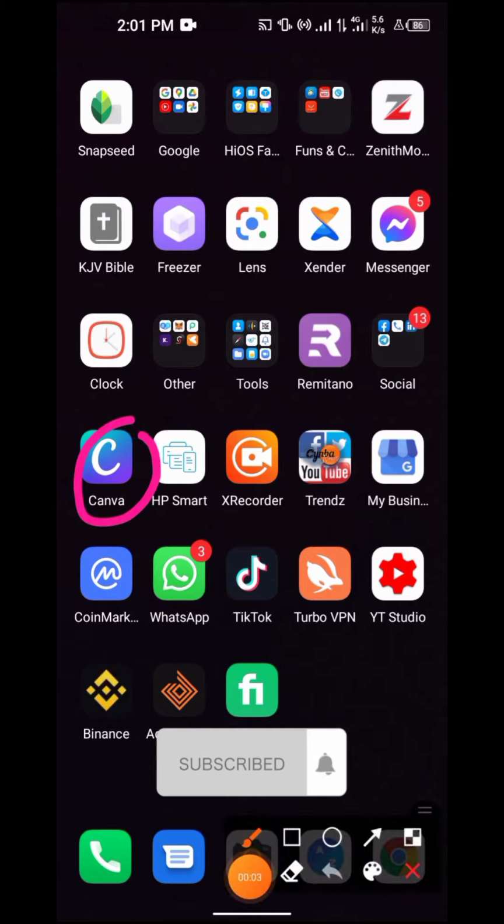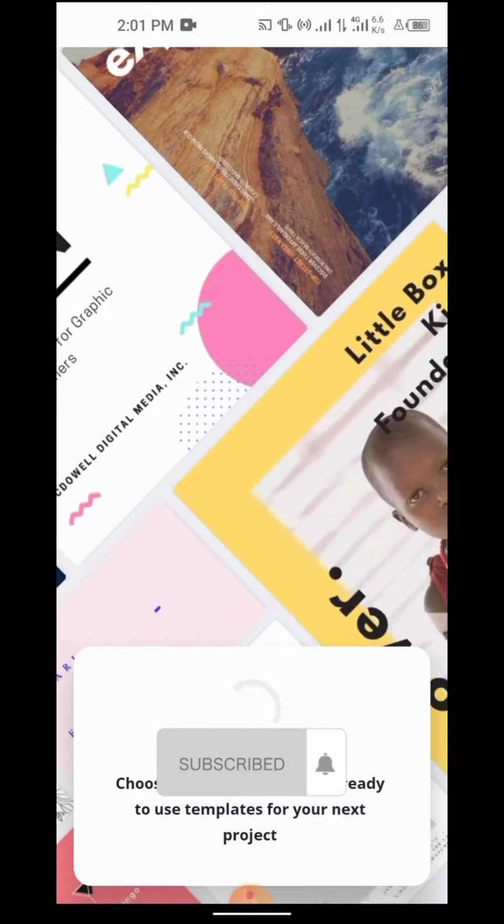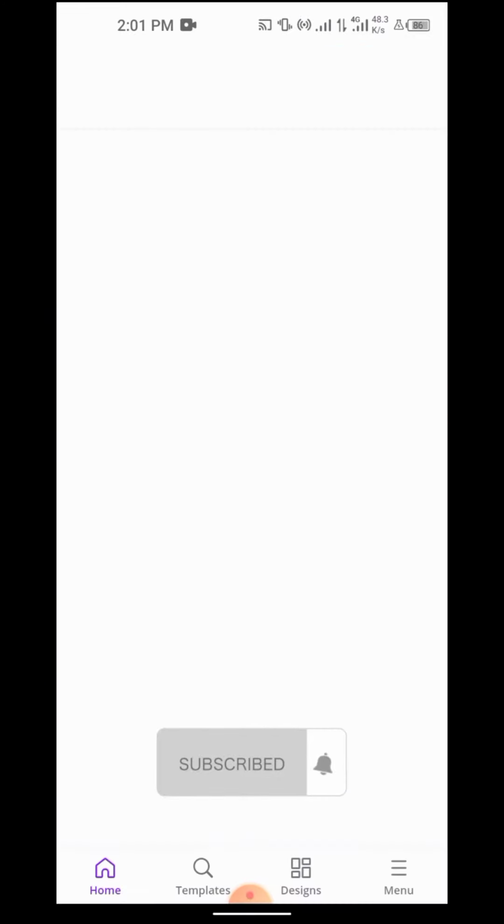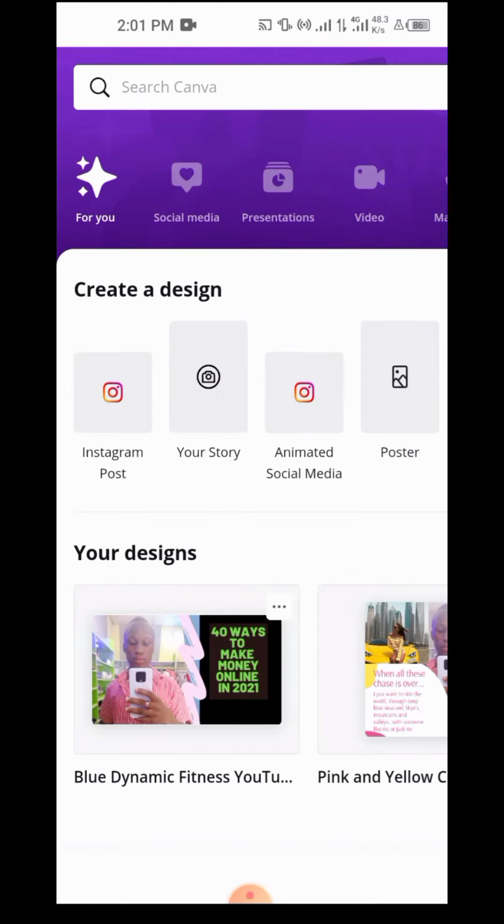Just go to your Play Store and search Canva, and you will see this app here. Download it, click on it, register, and then log in. It's simple to use. You will see something like this, and then apart from YouTube thumbnails, you can make a